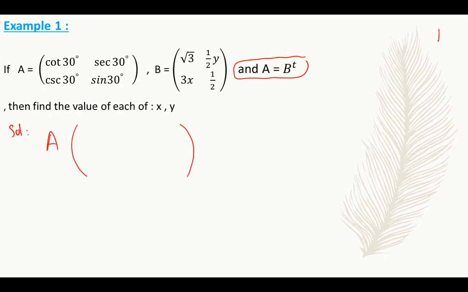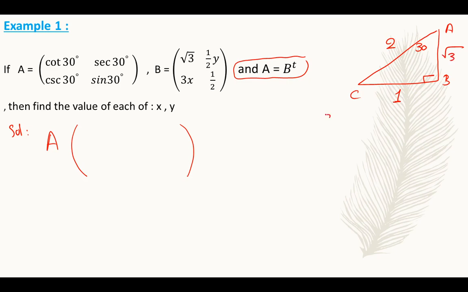Let's revise together what is cotan 30 and tan 30. Here we have the right angle triangle ABC, and here we have 30. Here sin 30 equals half. So 1 and 2. Sin 30 is equal to opposite over hypotenuse. So now BC equals 1, the hypotenuse equals 2, and AB will be equal to root 3.